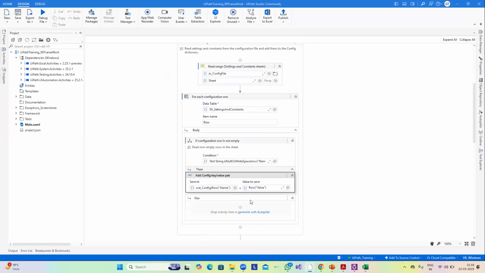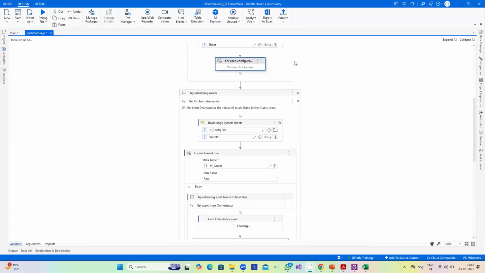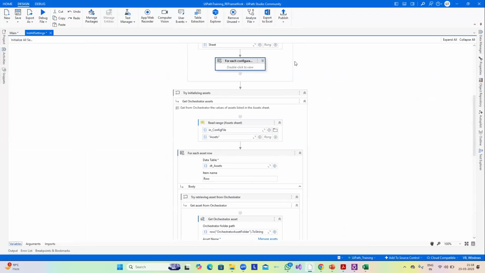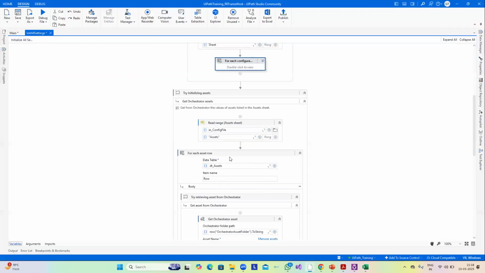Now, once we read the settings, it will do the same step again for the constant tab as well. Once it has converted the data from the setting and constant tab into the dictionary, it will read the orchestrator asset tab as well, to check if we have provided any assets or not. So it will read that asset tab, and then if you go over here again,